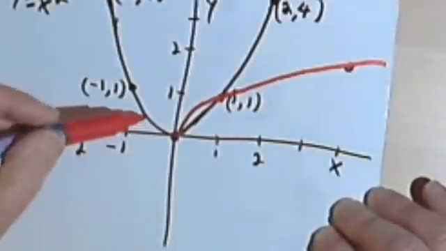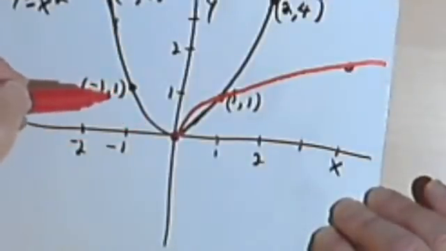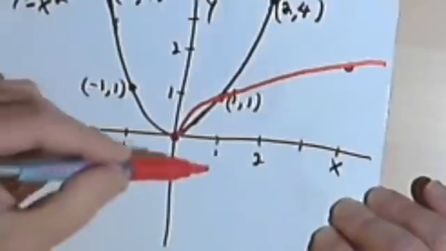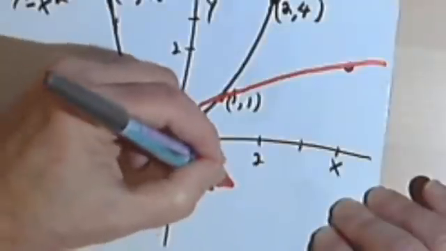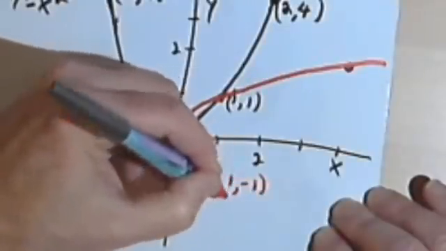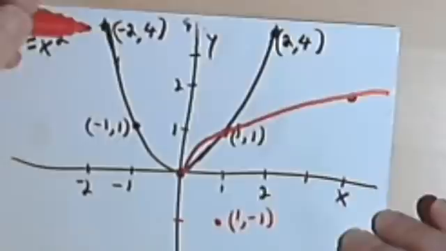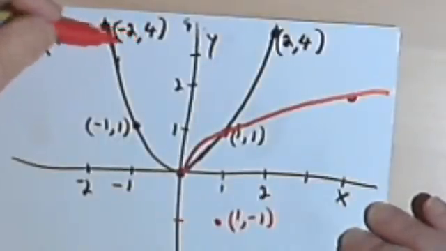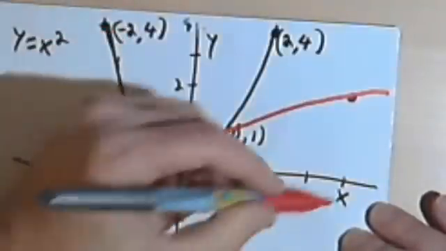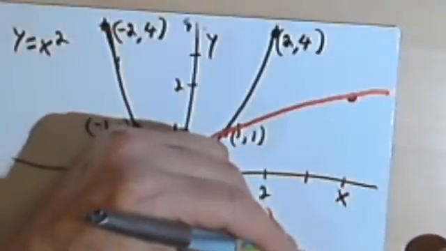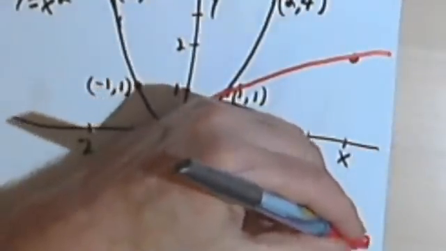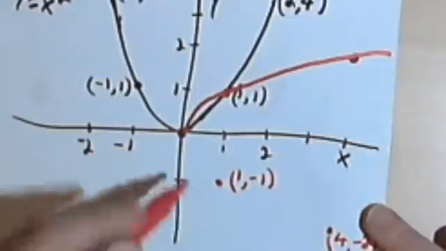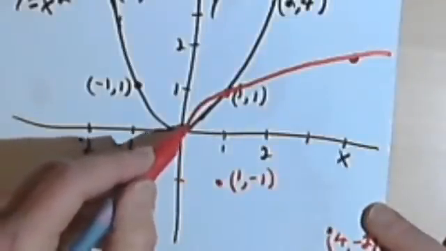But then when I go to draw the other half of the graph, I've got negative 1, 1. So the inverse of that would be 1, negative 1. And I've got negative 2, 4. So the inverse of that would be 4, negative 2. So let's see, 4 is here. Negative 2 would be around here. 4, negative 2. And when I connect those dots,